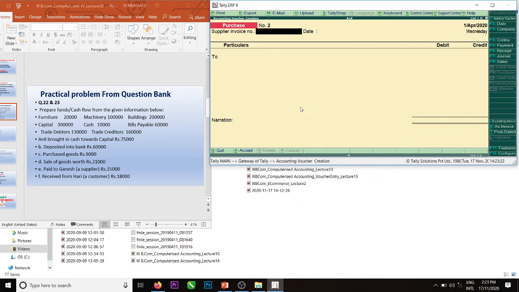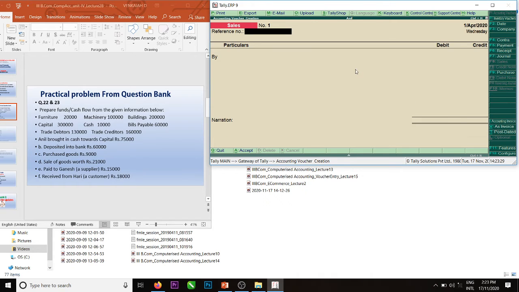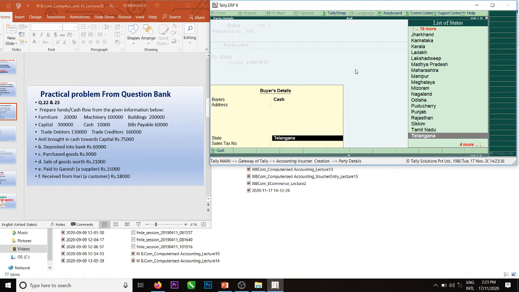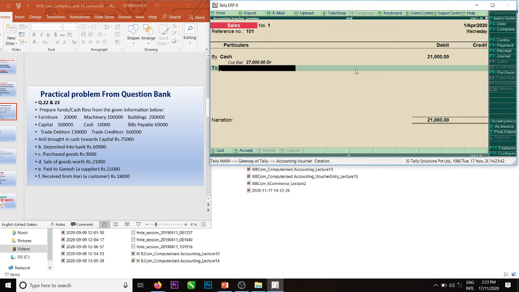Next, sales. F8, again Control V, or we can press 101 here. Cash account debit, amount is 21,000. Sales, yes. We are unable to get the list of ledger accounts because we have not created them.